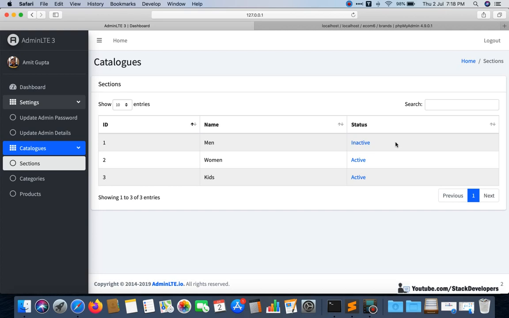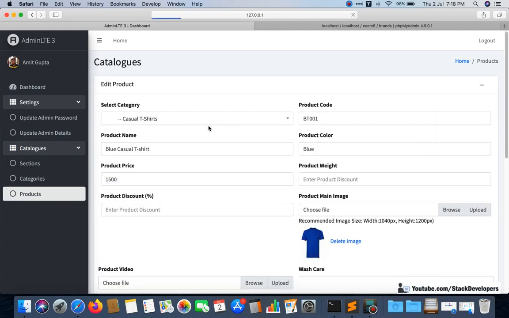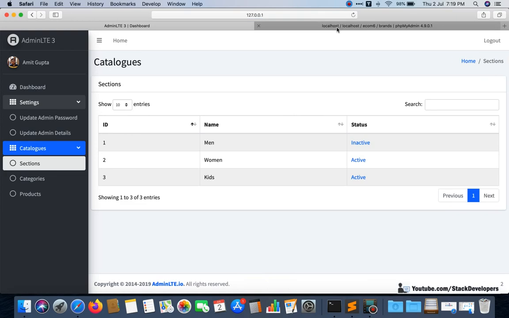I want to cover this in 50 videos. In the next video we are going to add the brand for our products. For add and edit product we will add the brand, like select category and select brand, and that will be the last video of the admin panel. After that we will start working on the front end. Admin and front end we will do side by side if something is needed, but we will start working on the front end after completion of the 50 videos. This is the 49th video, so let's start working on the brands.